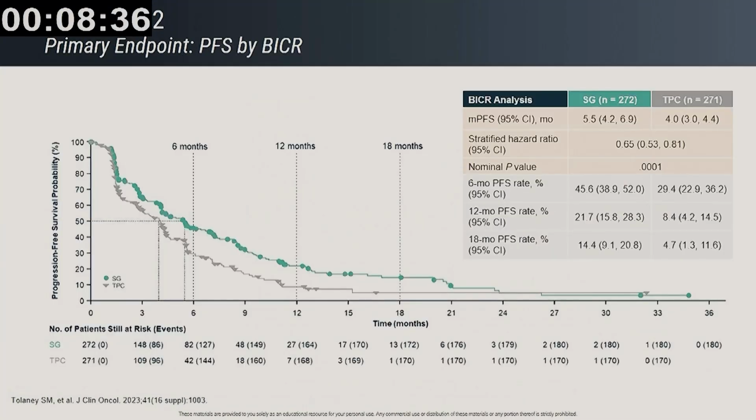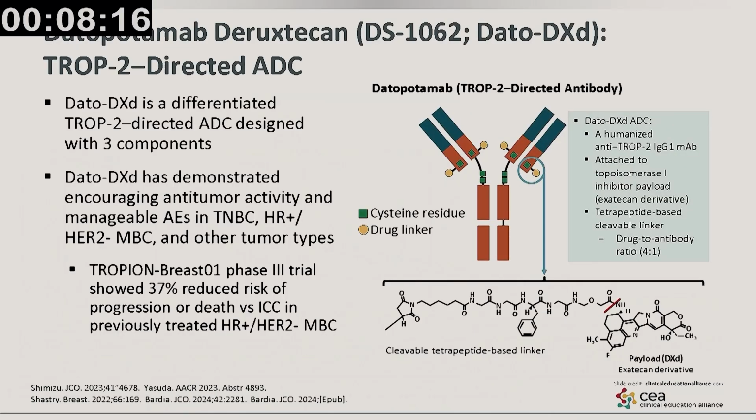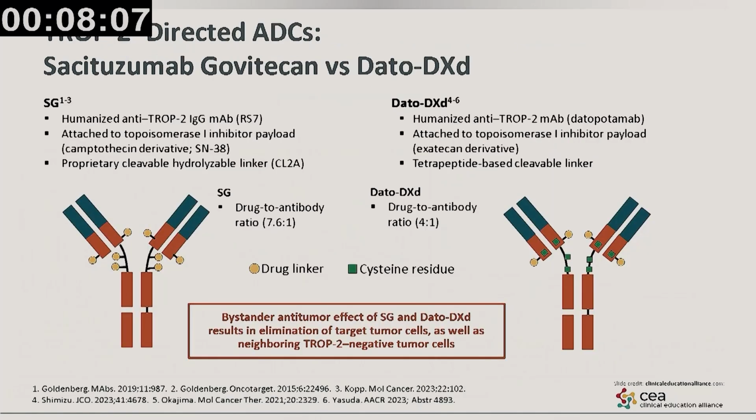essentially. And this is to show you the primary endpoint by a blinded independent review committee, showing that there was an advantage of using this antibody drug conjugate versus therapy of physician's choice. This is looking at overall survival also, and again there is an advantage here. This is the other antibody drug conjugate targeting the same pathway and with a different payload that is shown here. And this is a slide to compare these to the sacituzumab and